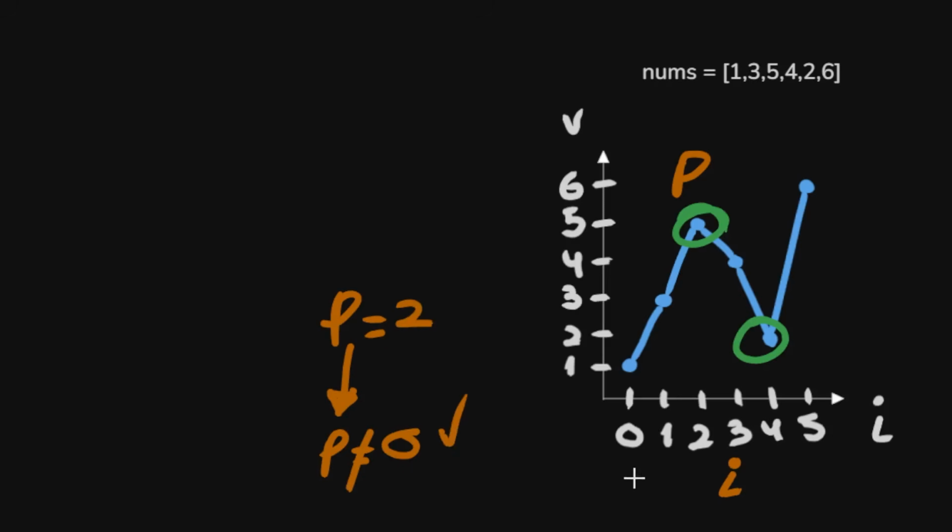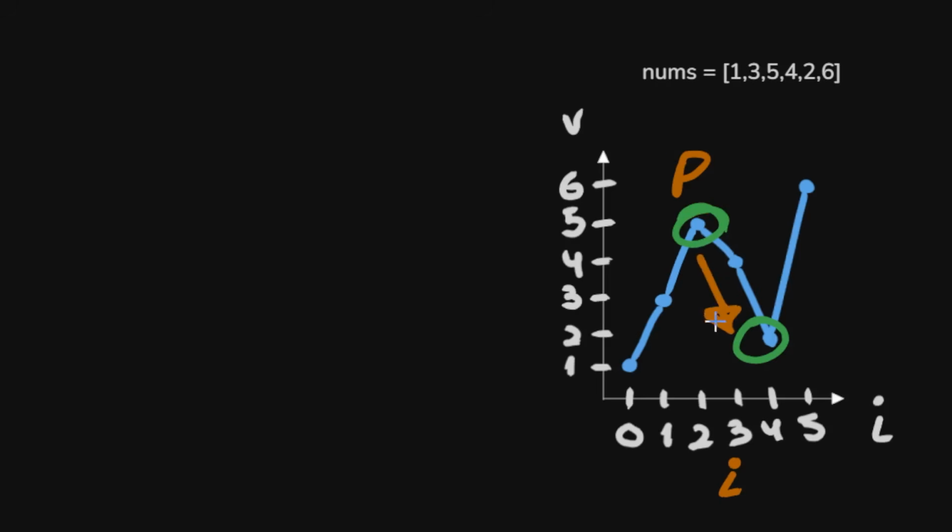We can continue. Now, given that we have our P, we are checking if this segment is in decreasing order. So, given that 4 is strictly smaller than 5, we are good to go and we can update the I pointer. Now we are here, and given that 2 is strictly smaller than 4, we can update the I pointer. Now the I pointer is here. The current value is 6, the previous value is 2. And given that 6 is greater than 2 and we are looking for elements in decreasing order,